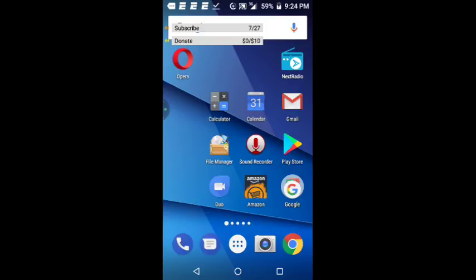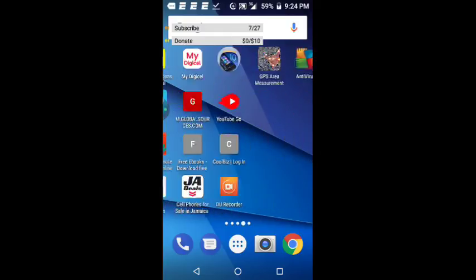So that's basically some of the new features that this platform offers. The look is a bit different. It has a little bit sleeker look than